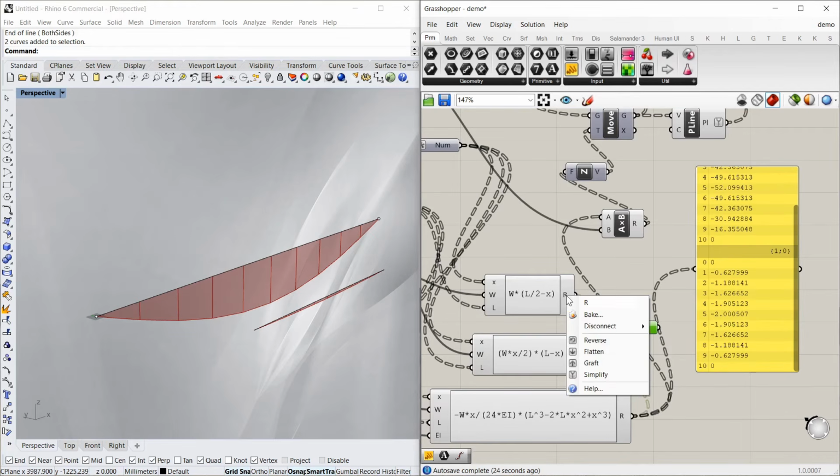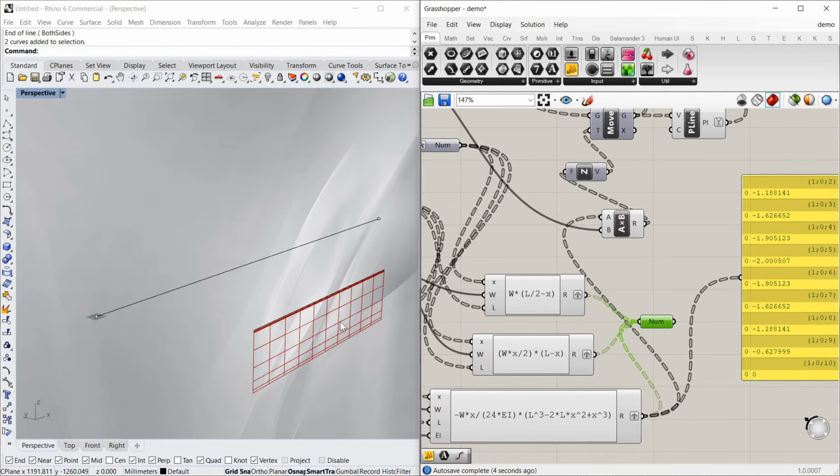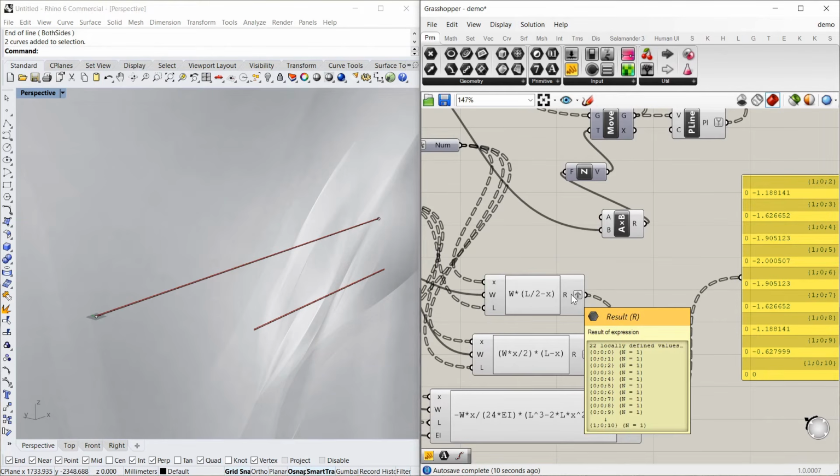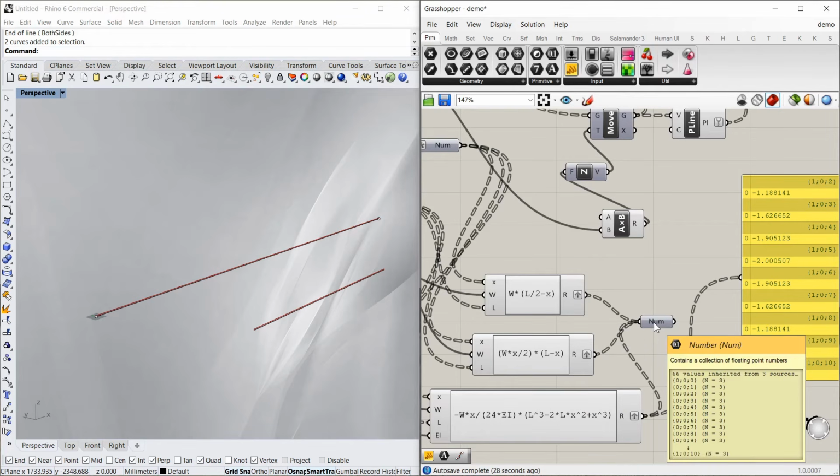So what I actually want to do is graft all of these, and what that does, it's wrecked my current graph, but I'll just disconnect that for the moment. So it's put every list into its own list. But what that means is when I combine them into 3, each list has 3 items because I've got 3 inputs to it. So now I can choose between the 3 items if I use